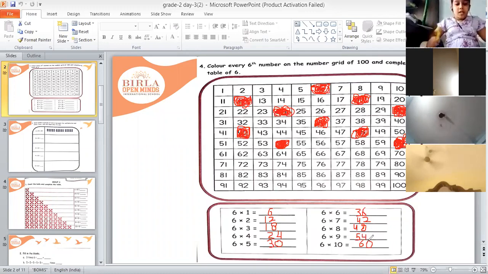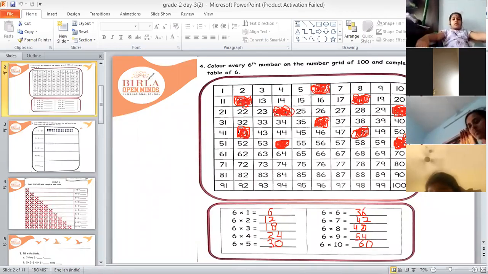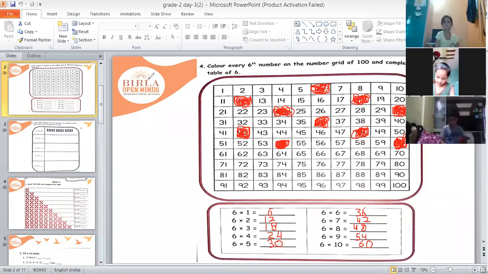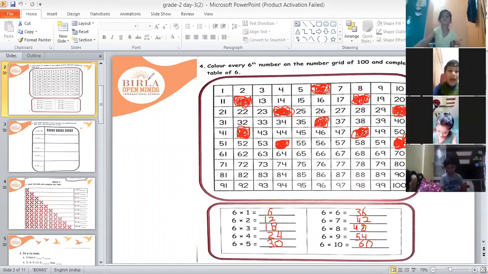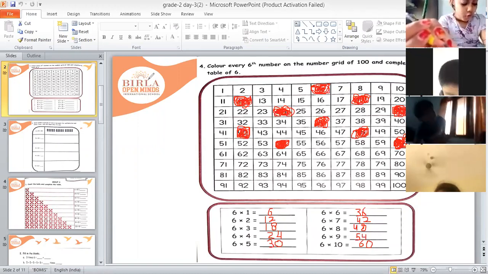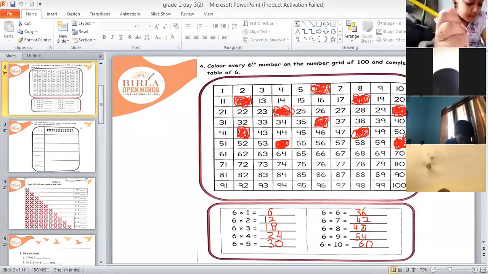Okay, now children, what you have to do, I will repeat the 6 table and you all have to repeat after me. So start repeating now. 6 ones are 6. I want to see your lip movement. Cameras on everyone, and I want to see your lip movement. Okay, 6 ones are 6. Then 6 twos are 12. 6 threes are 18. Meghna, I can't see you. I can see your fan only.